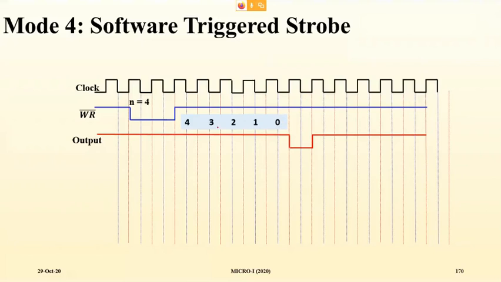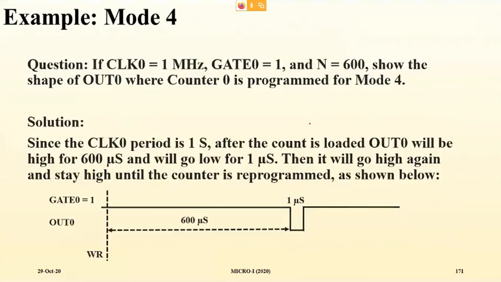Remember, terminal count is not always 0 or always 1. In mode 2, terminal count can be considered 1. In the rest of the modes, terminal counts are 0. After 0 it remains low for 1 clock period. Any other doubt?